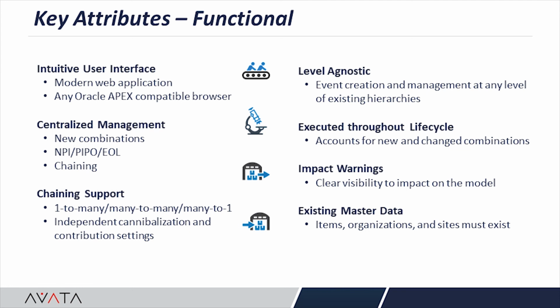A good example of this is an EOL. After you EOL an item, but are still in the period where it is selling, a new ship to buys it. Well, this creates a new combination. But because DLM looks for and processes all existing points in the population, this new combination will get an event-driven zero forecast. Now, this tool, allowing you to create combinations, can have significant impact on the model itself.